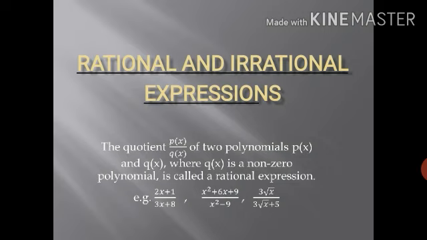So now we should have an overview. We studied the definitions of algebraic expressions, polynomials, rational and irrational expressions. After understanding and learning these definitions, you are able to solve your book exercise 4.1, questions number 1 and 2, in which you have to identify whether the algebraic expressions are polynomials or not. And in the second question, you have to identify whether the expression is a rational expression or an irrational expression.